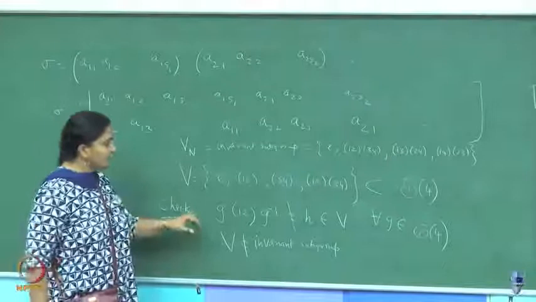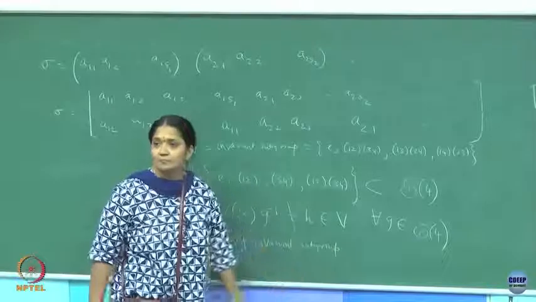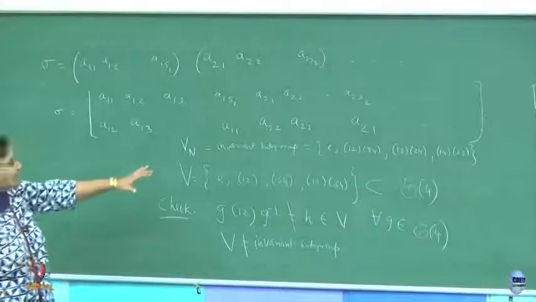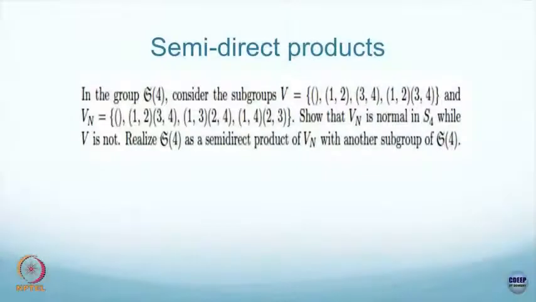I will leave it to you to check that this one will be an invariant subgroup, which means it will be equal. Okay, so given this fact, I have asked one more question here. If you remember the definition of a semi-direct product, you will find a subgroup whose intersection with the invariant subgroup is only the identity element, right. That is the definition of a semi-direct product group.